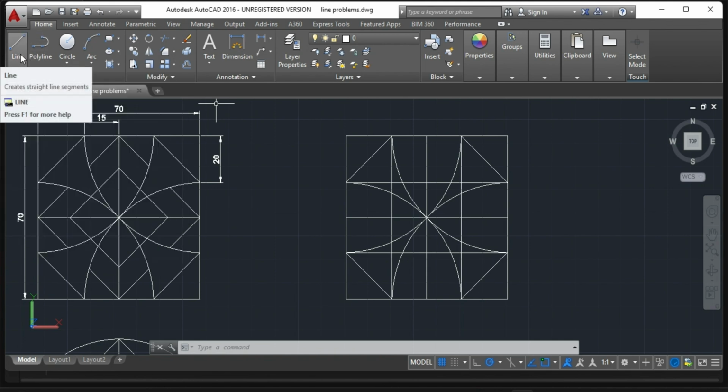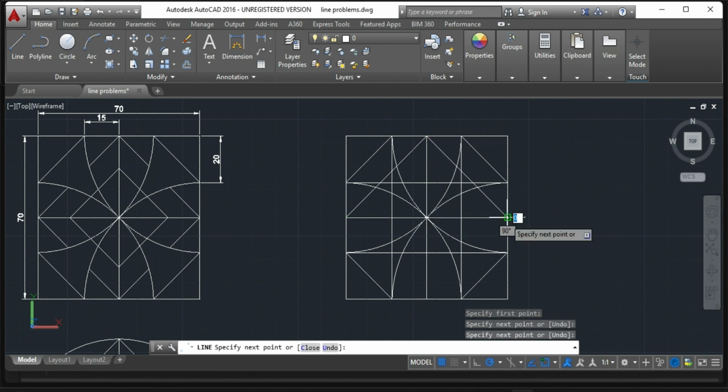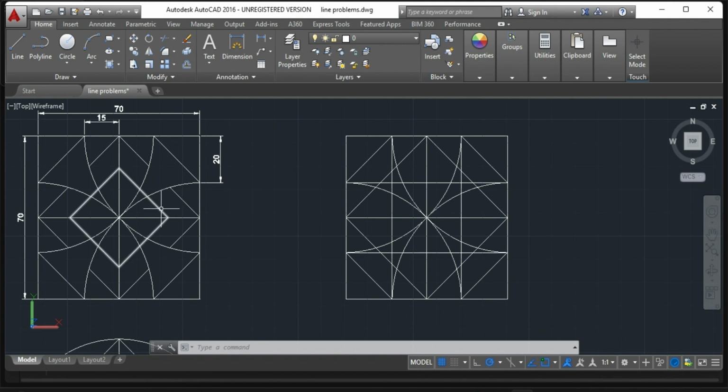So here I'm just going to click on line, then click here, click here,